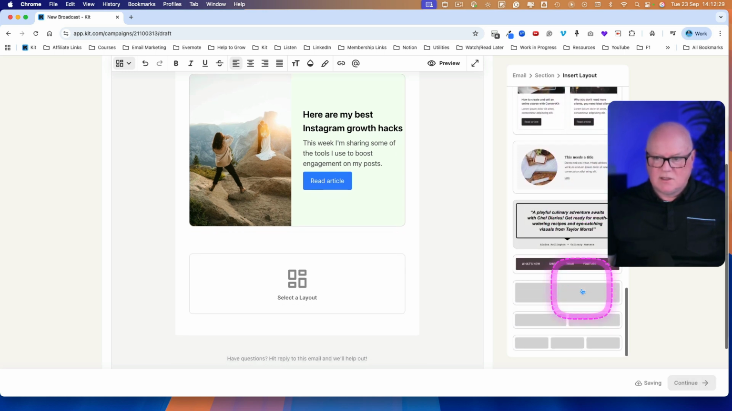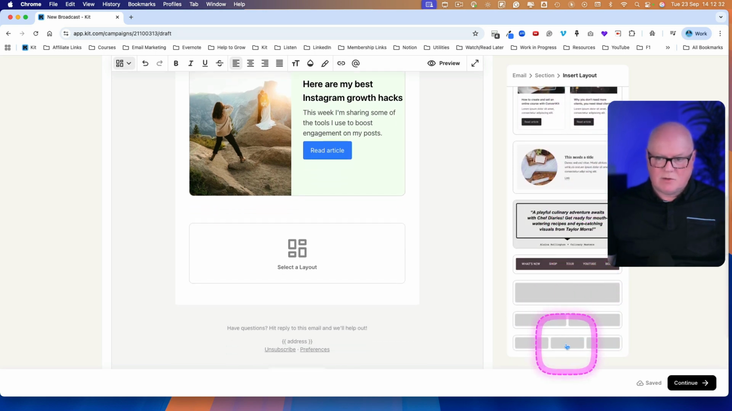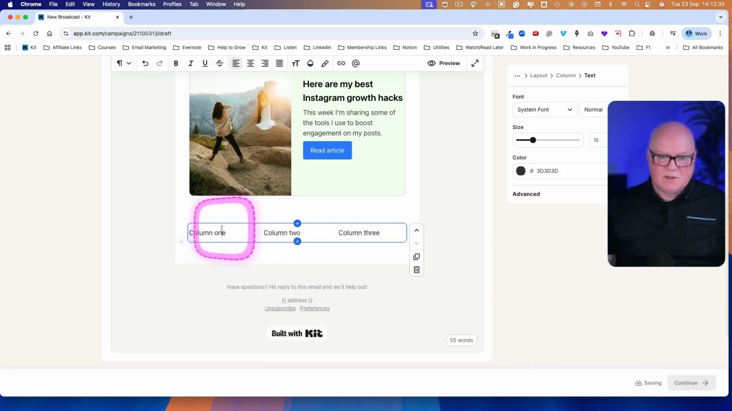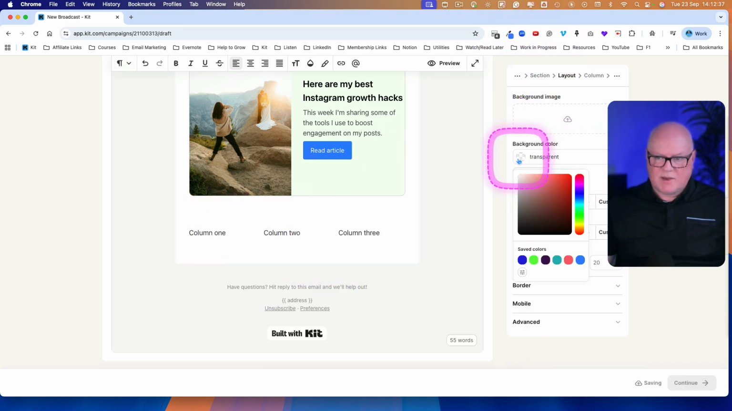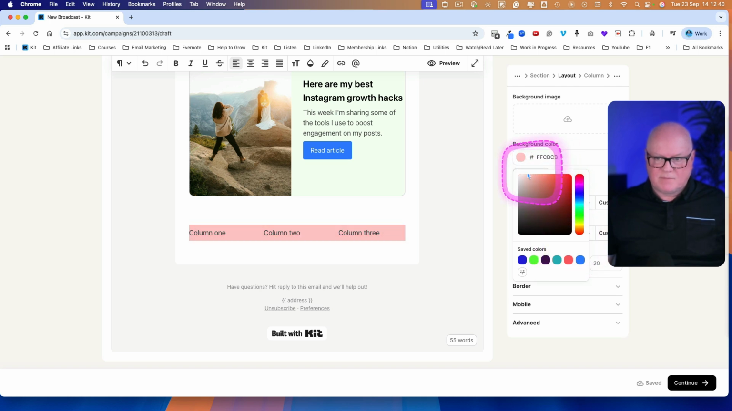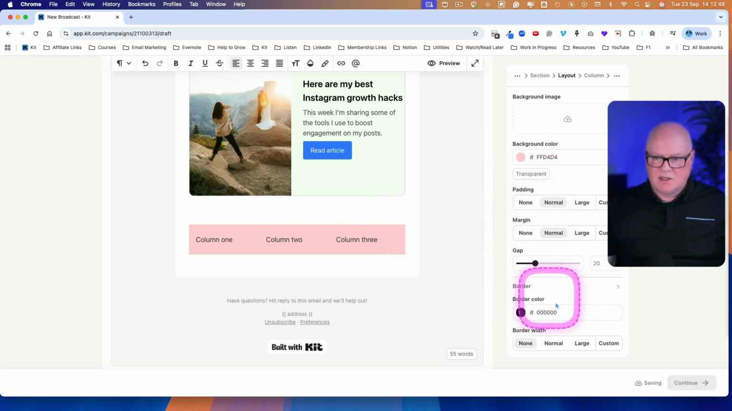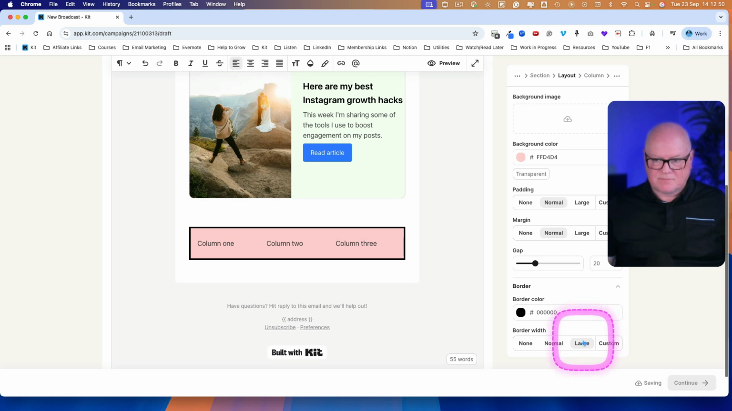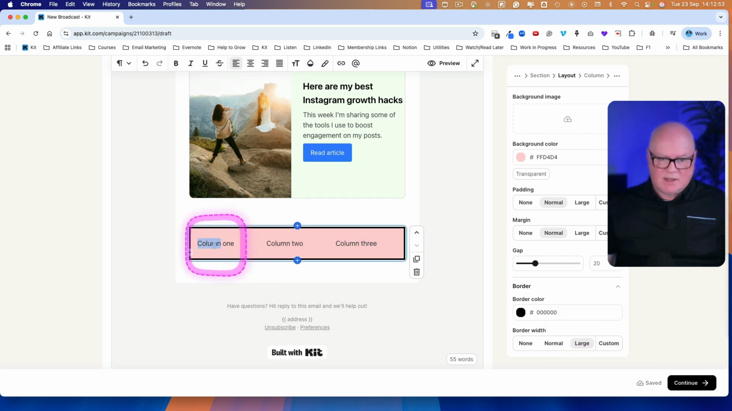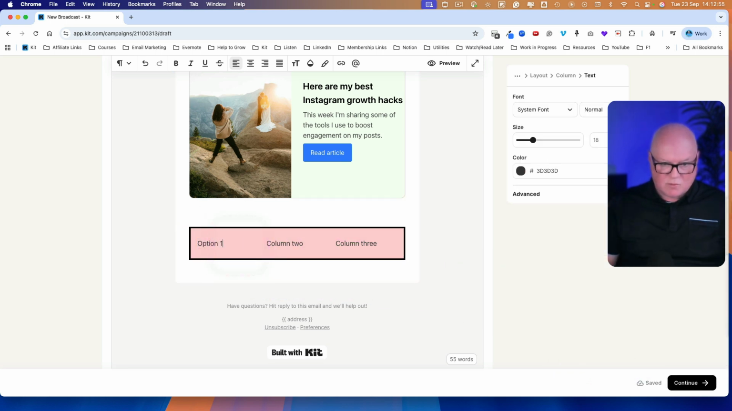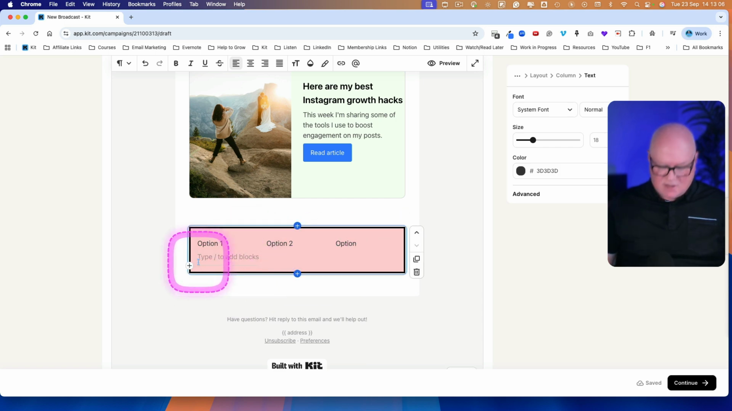So I might use one here with three columns, and then I could do something similar in there. I could change the background colour in that one. I could change the spacing, so the padding, I could create a bit of spacing. The border, I could make that a large border if I wanted to, and then I could have in there option 1, option 2, option 3. So let's say you were going to add things in there, so I might put in an